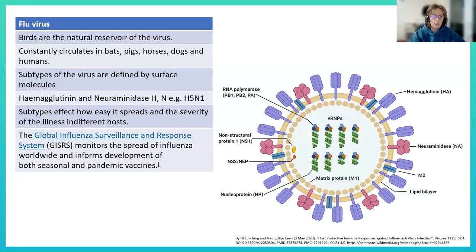So we have this global influenza surveillance and response system, which monitors the spread of flu worldwide, and it informs the development of seasonal and pandemic vaccines. So old people, vulnerable people, if you've got asthma or diabetes, you might have to go and get a flu jab each year. This system is monitoring what types of flu are around, and then they decide which vaccines to give us. And that's based on these surface proteins, the H and the N. So we get vaccinated against the strains that are